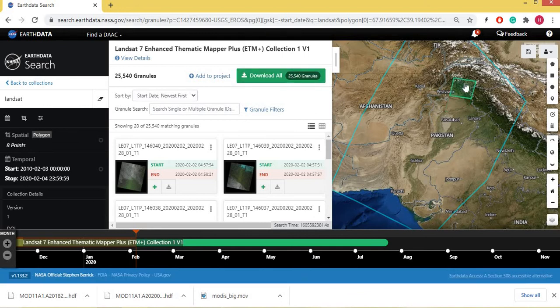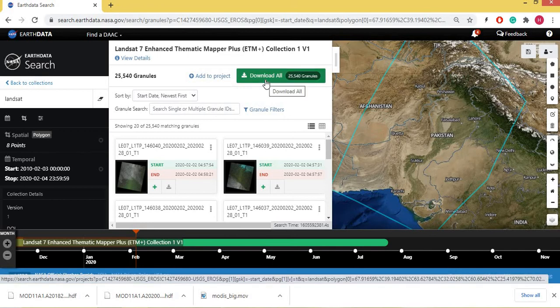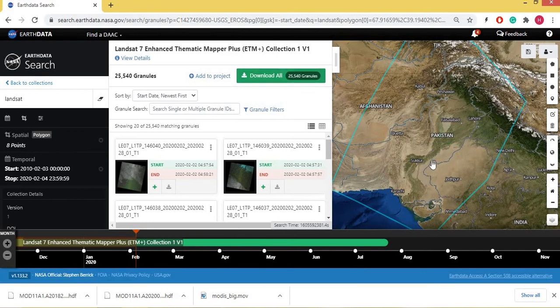But these images are available after 16 days. The temperature data was on daily basis for MODIS product, but Landsat revisits the earth after 16 days. So if we are getting one image here, the next image will be available after 16 days.